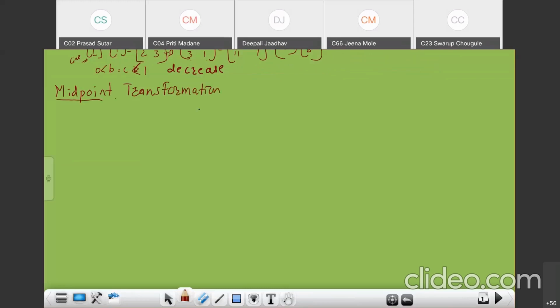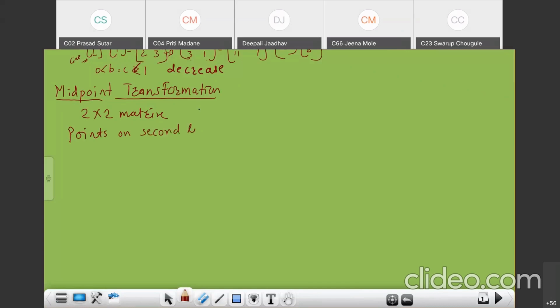Midpoint transformation. So in 2 into 2 matrix, we are using for a line 2 into 2 transformation matrix. A 2 into 2 transformation matrix transforms any straight line into a second straight line, that we have seen in the previous lecture. Then points on the second line,